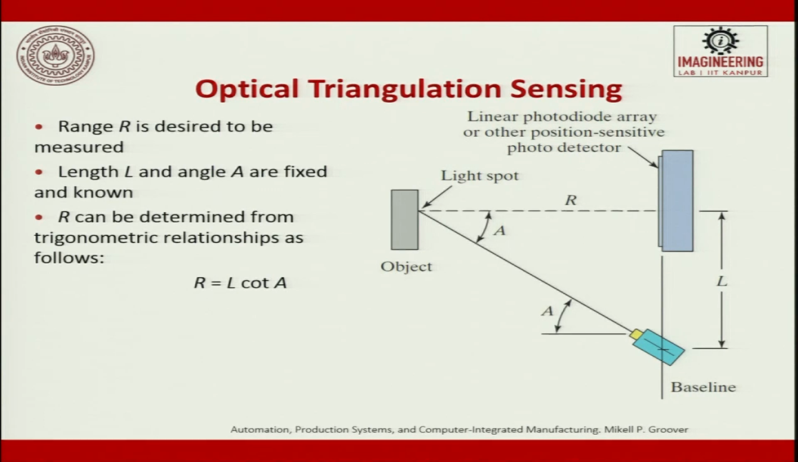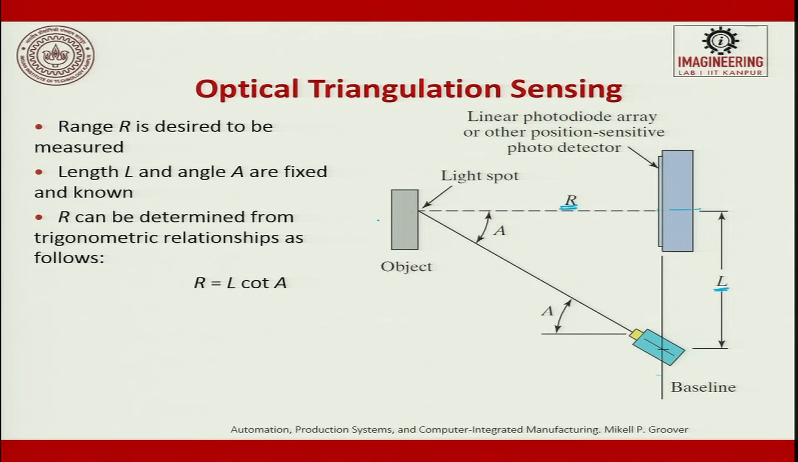Next, I have talked about the optical triangulation sensing techniques. Here the important thing is the triangulation technique which is used. Here is a camera, the object is here, and then you have a linear photodiode or other position sensitive photo device. The distance between the photodiode and the object is r, the range, and L is the distance between the photodiode and the camera, and A is the angle in which the object is placed